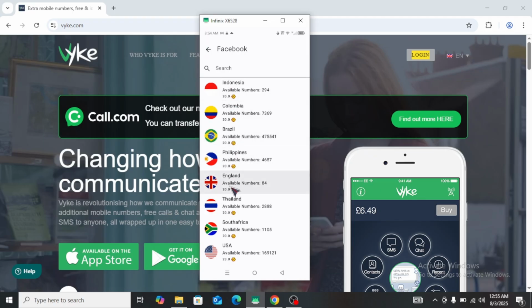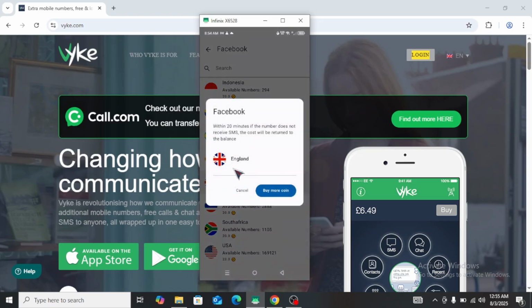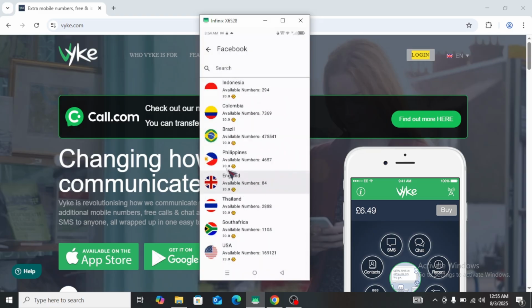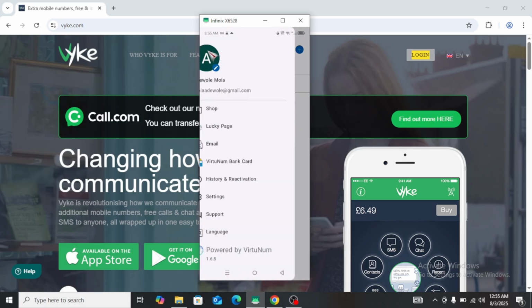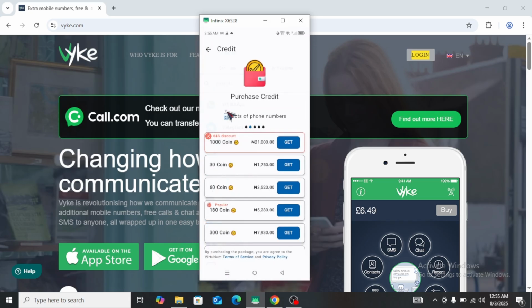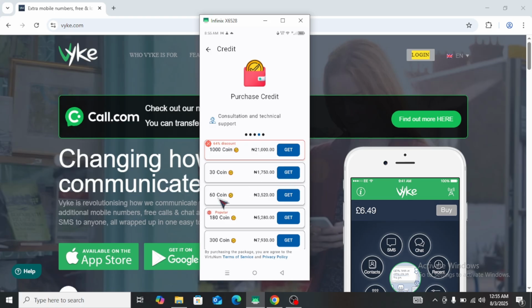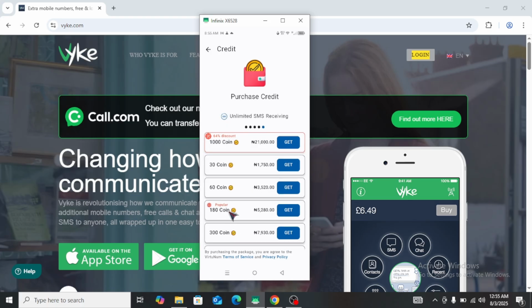For instance, let's choose England. See, you need 20 coins to verify England Facebook. So to buy coins, you click this menu, then you go for shop, then you go for coins. The minimum coin you can buy is 30 coins, which is 1,750 naira, and the maximum is 1,000 coins, which is 21,000 naira. 60 coins is